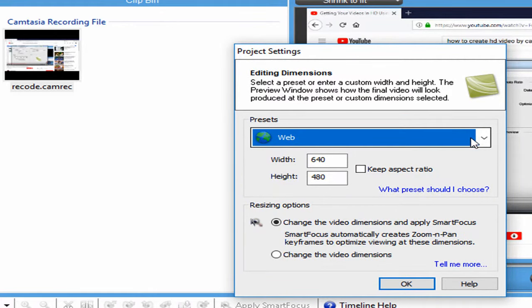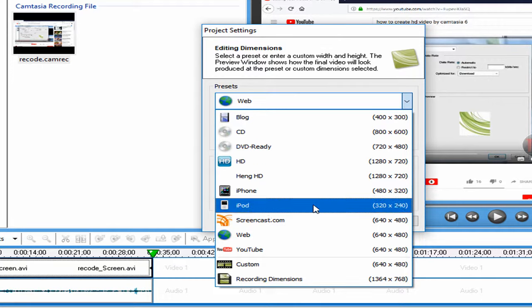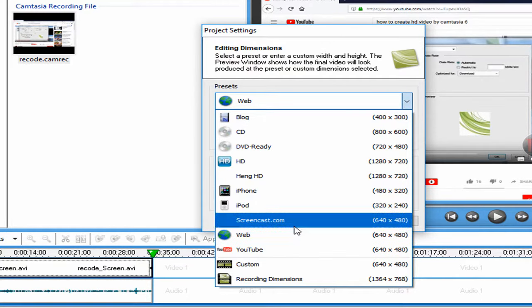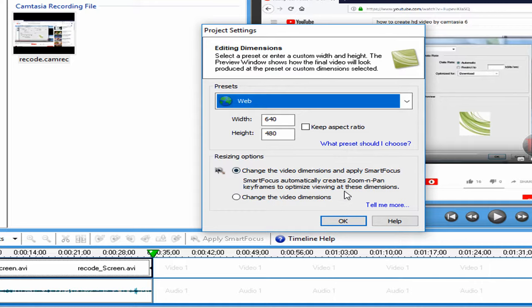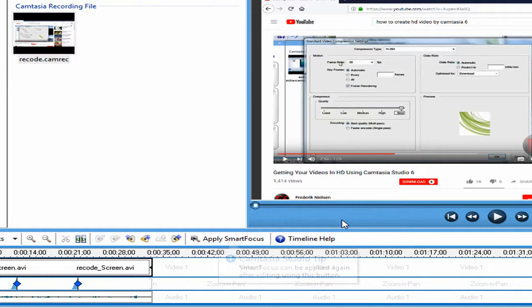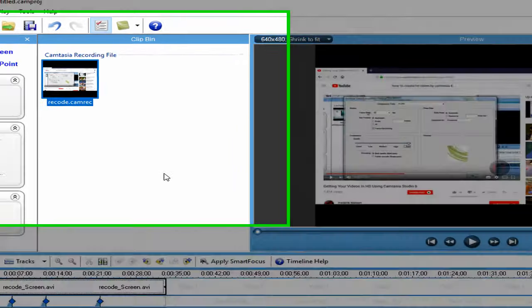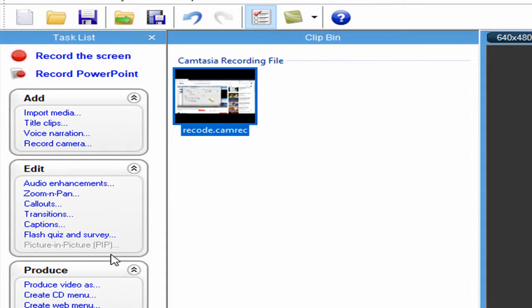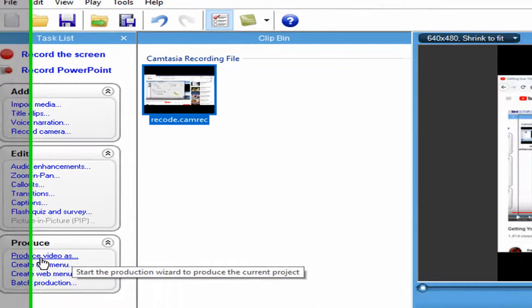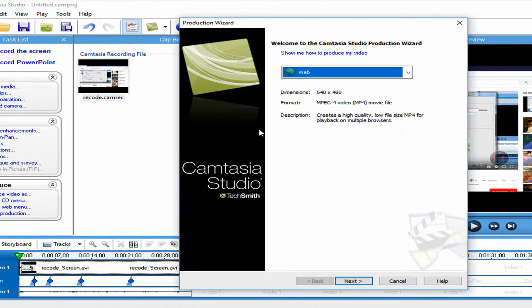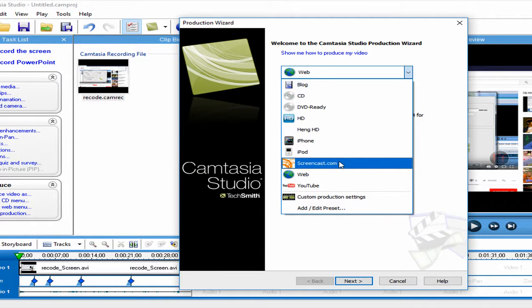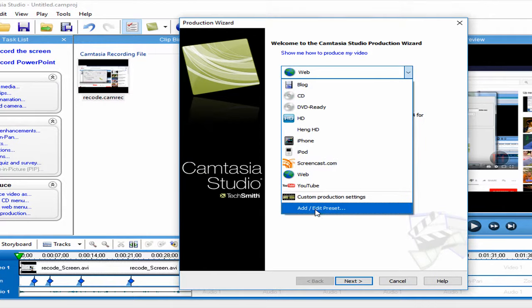and then for this frame you can choose, okay, for the camera. Okay, and then to create an HD video file, you can choose this one, produce video as, and then we choose, okay, we choose add or edit preset,